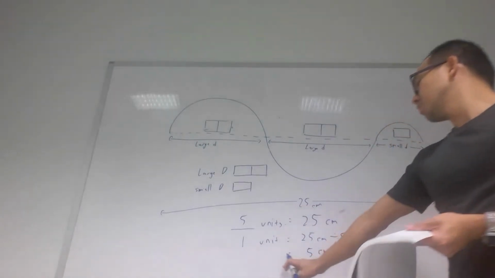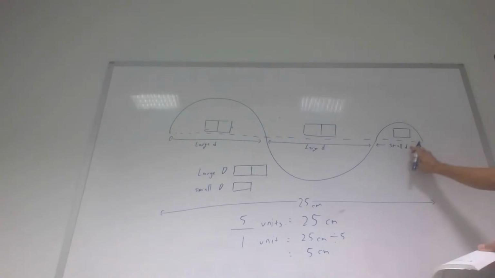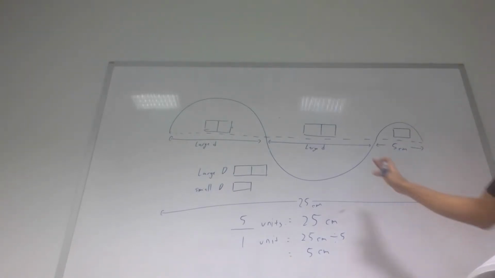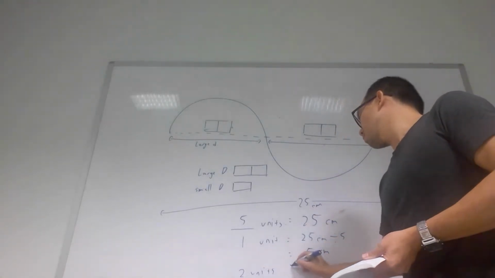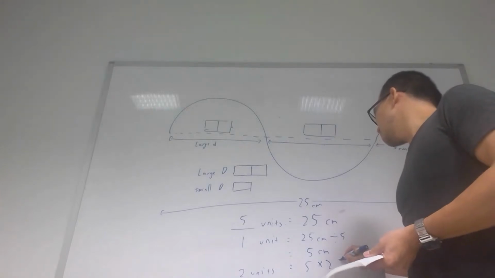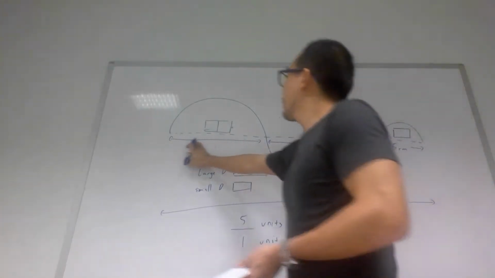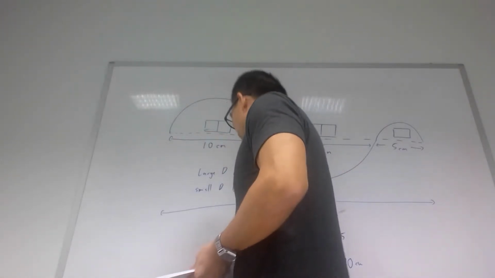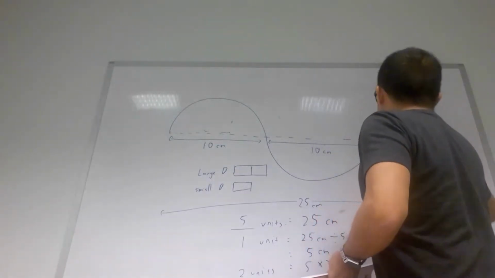So now, what is the length? This one is very interesting. What is the length of wire? So this is 5 cm. So now instead of small diameter, I'll put 5 cm. Large diameter, 2 units equals to 5 times 2 equals to 10. This is 10 cm. Okay, I'll erase the units so that you don't get confused. Plus,